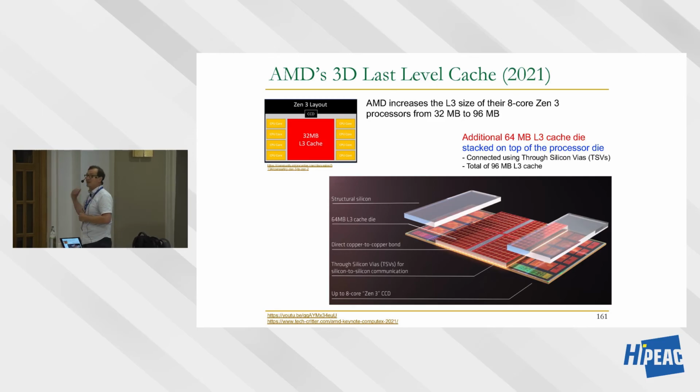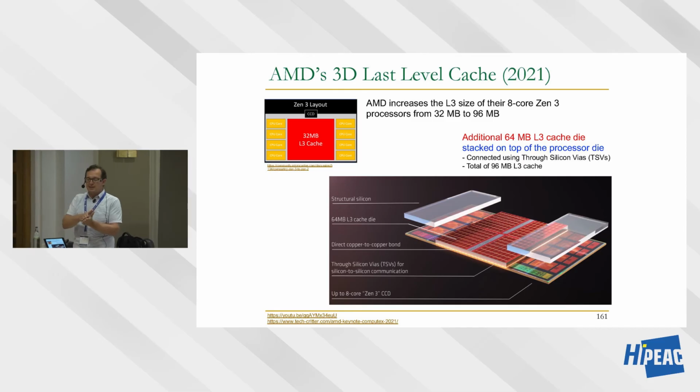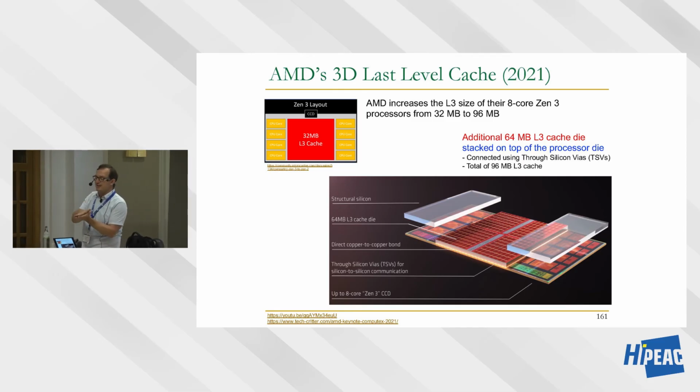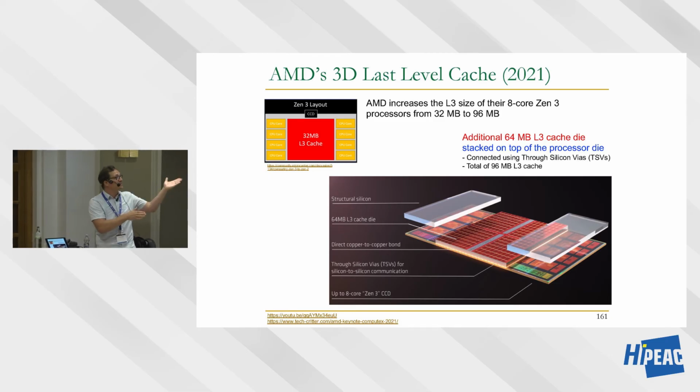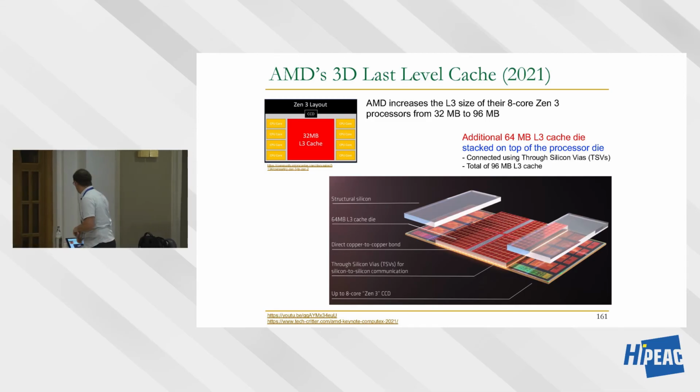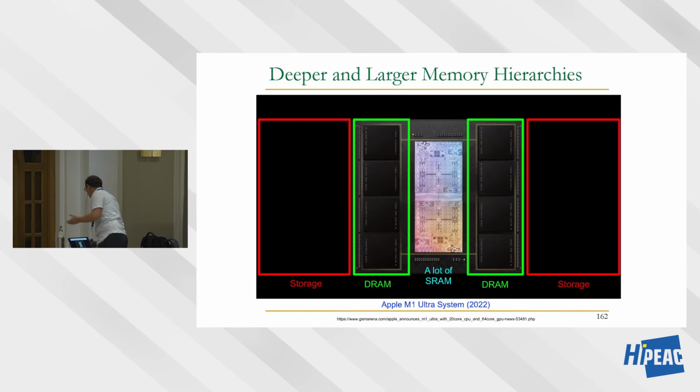This is 3D cache, essentially 3D stacking. These are beautiful technologies. You can actually put a compute chip and something else on top of it using hybrid bonding. And AMD has been using it to add more caches. Is this the right thing to do? It's good to ask. This is an easy thing to do, but is this the right thing to do going into the future?